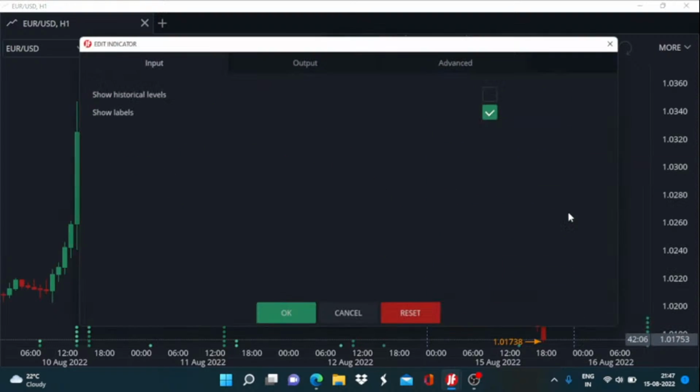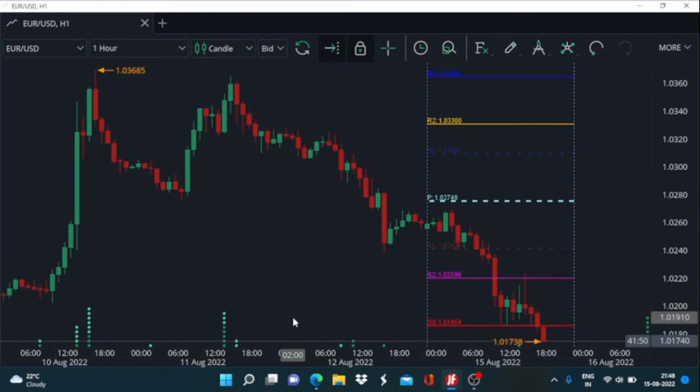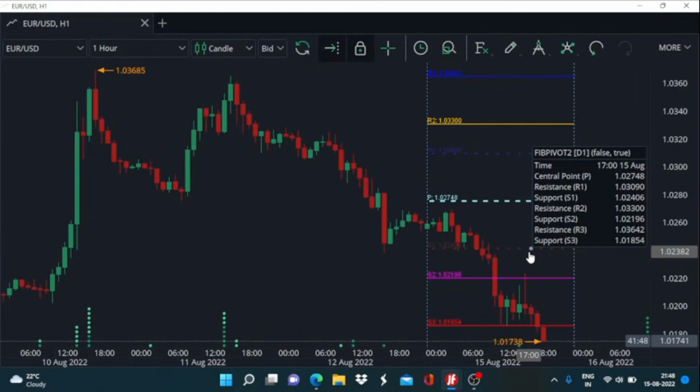Okay, similarly for the first support we keep the color combination the same, increase its width and lower the transparency. Okay,